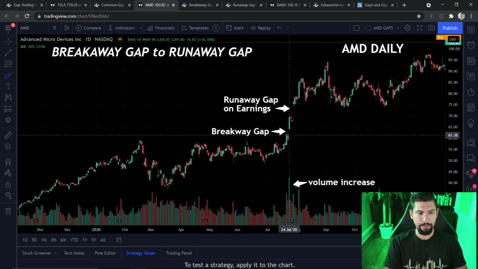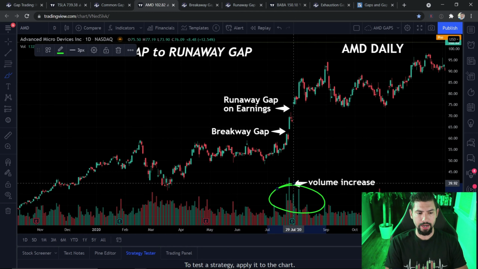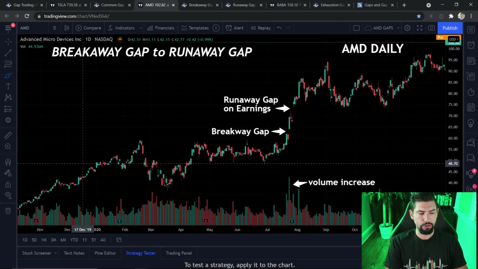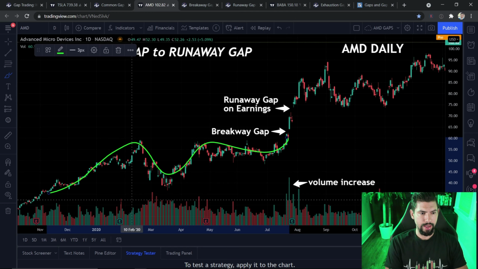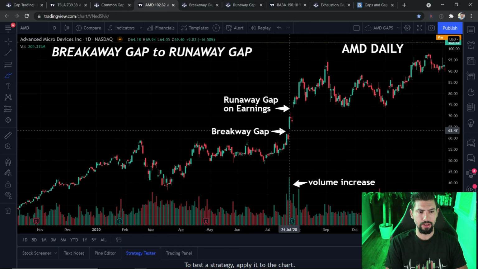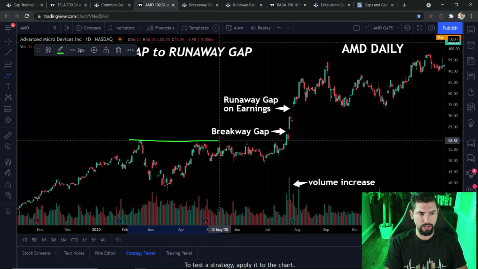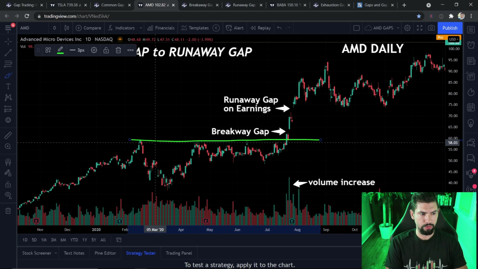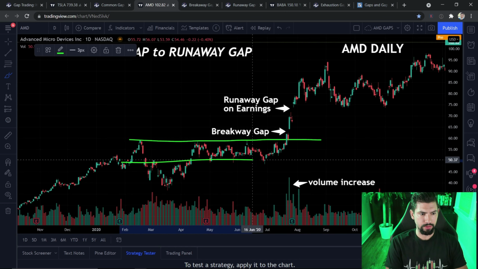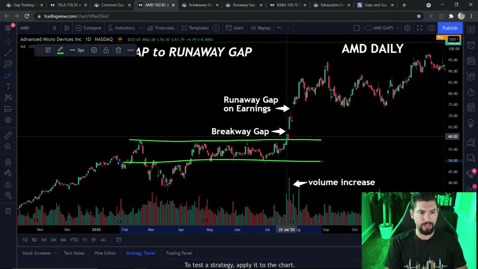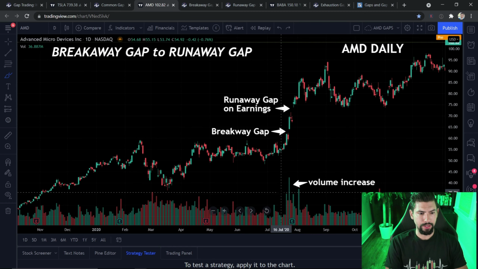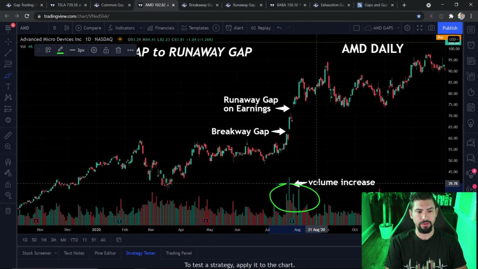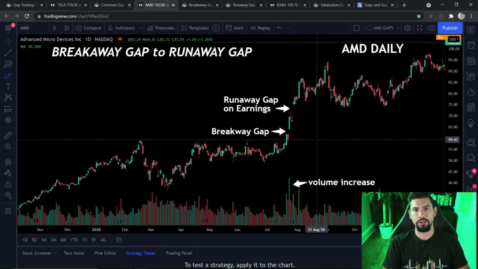So the first gap is the breakaway. And the breakaway happens again on higher than average volume, but it also usually happens while the stock is already in an uptrend. So AMD is still uptrending, and at some point price breaks out of a range. All right, so this is pretty much a range right here that it was trading in. And then you have price breaking out of that range and it creates a gap. Now that gap again is on higher than average volume. So that tells you that there's more strength